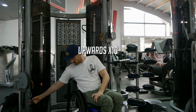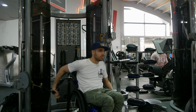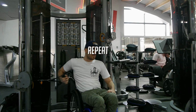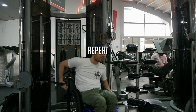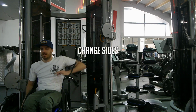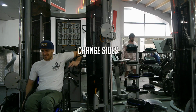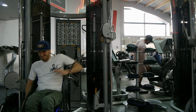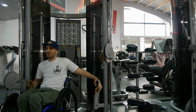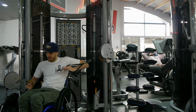So we're going across our body now, and then finally, we're going to go in an upwards direction. This is going to target our upper chest like we were on the incline, but just finishing off, squeezing the top of your chest there. Try not to round your shoulder forwards as you come up as well, or down, whichever plane of motion you're doing it in. Down, across the body, then upwards. Do that again, down, across the body, upwards, then change sides, down, across the body, upwards, down, across the body,